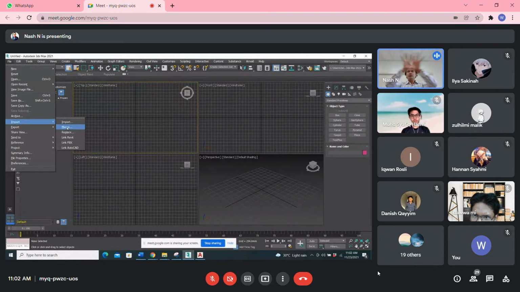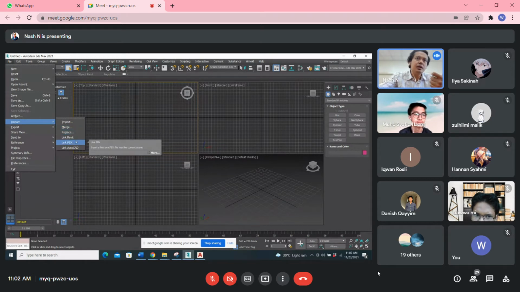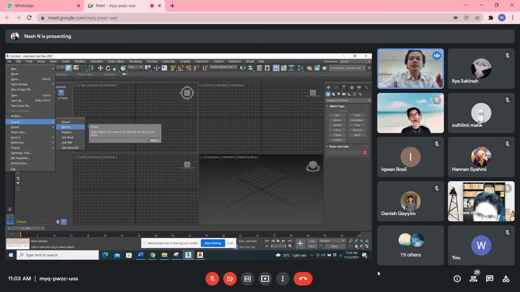So you want to merge this, so you use merge. Normally in here, I always use import, merge, replace. I never use the link Revit. Link other formats also I don't know how. And I also rarely use this. For me, maybe you can start to use link AutoCAD, and then you just reload. That's what I taught you last lecture, right?